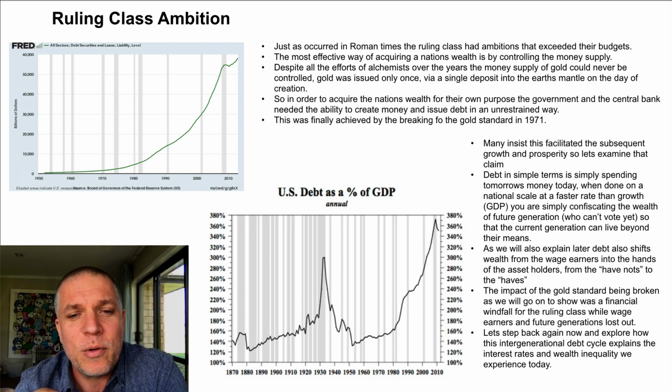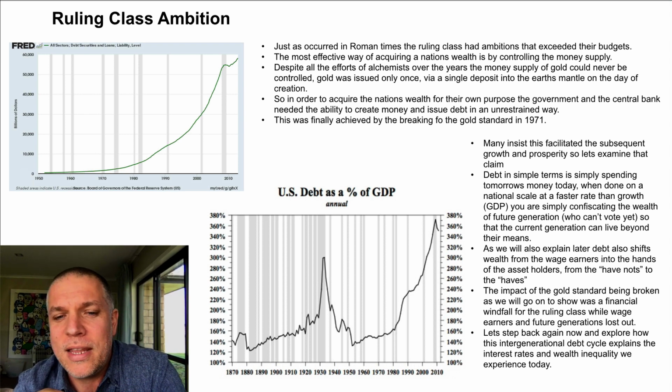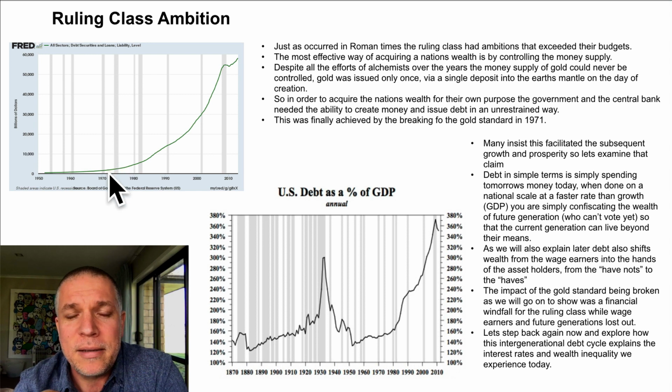Historically, when it was anchored in gold, it was quite difficult. They tried alchemy to try and create gold. That obviously didn't work. The Romans diluted their coins, but people cottoned onto that, and that ultimately failed too. But I guess the ultimate ambition of central planners, if you like, of the ruling class, was this breaking of the gold standard in 1971. That allowed them to really control the money supply and increase debt in an unrestrained way to achieve their goals and their ambitions.